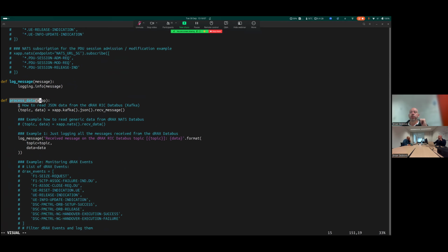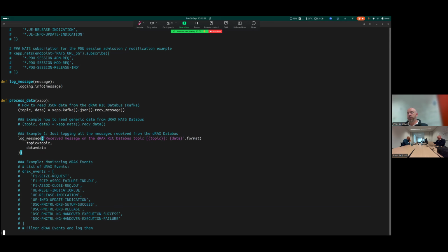You can see that it's reading messages from our data bus. The technology we use is Kafka. So we're reading from the Kafka data bus, and we have this abstraction that says receive message, right? We have this xApp object, which is running through all of this code, and it has abstraction functions such as receive message, which will get the message that we are currently publishing on our data bus, where all these KPMs are aggregated. This is one of the first examples. We just log whatever we're getting from the network at the moment onto the terminal. Right, so as you can see, already a functioning xApp.